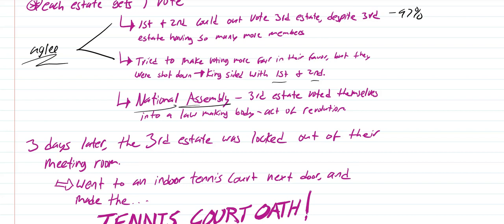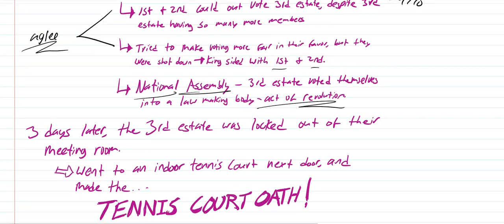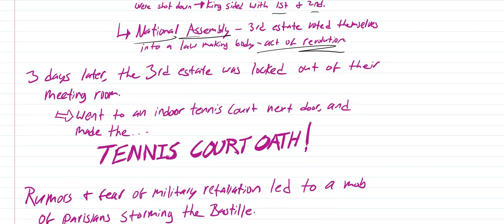The third estate voted themselves into a lawmaking body, which really, this right here is going to be an act of revolution. Technically, this would be treasonous, all right? So essentially, I guess 3 days after this, they were locked out of their meeting room and then went next door to an indoor tennis court, all right, and made what we know as the tennis court